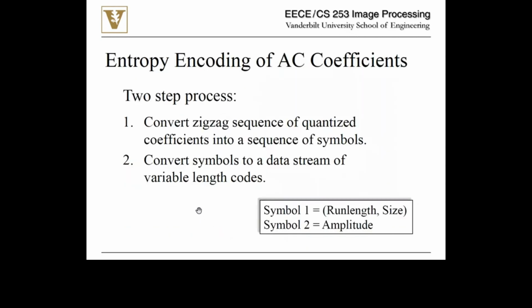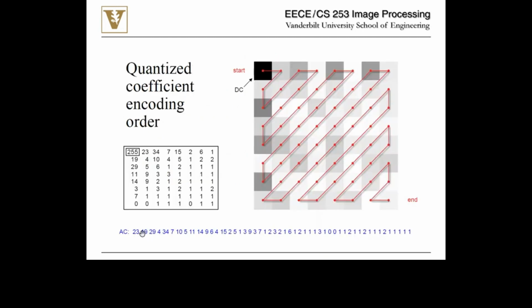Okay, good. Now we will convert this. This vector is called a stream. So we have this stream, and we will convert this stream